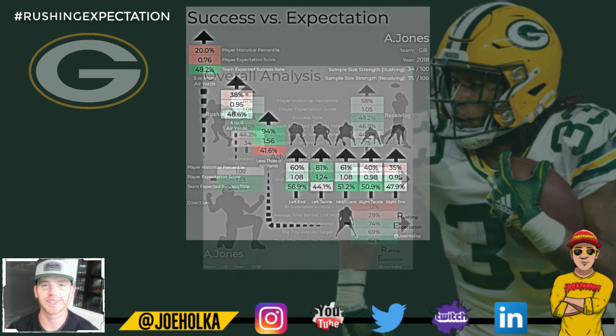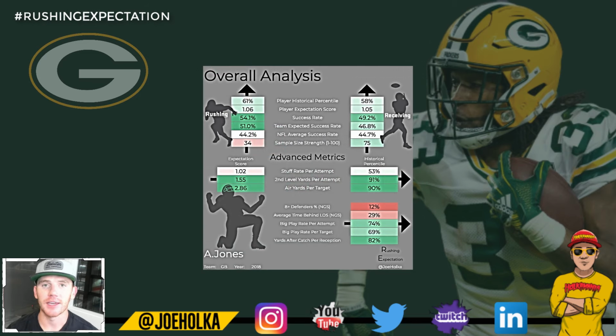Let's move on to those advanced stats. 61st and 58th percentile on the ground and through the air respectively. It may look modest, but it honestly can't go understated how tough it is for them to realize an above average expectation score in my metrics for such a good offensive line. So a 54% success rate is very impressive for a